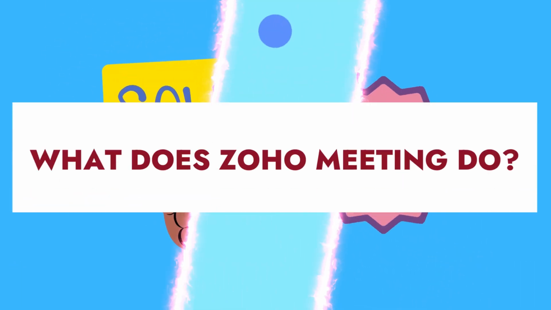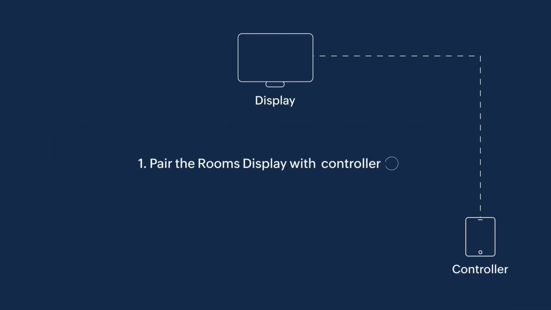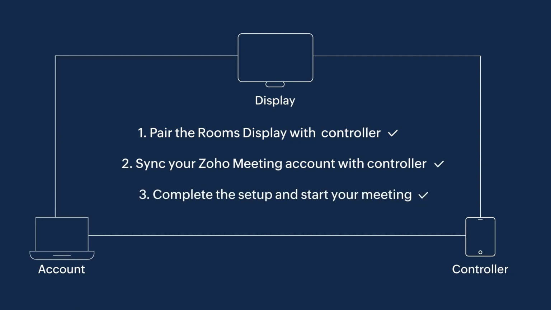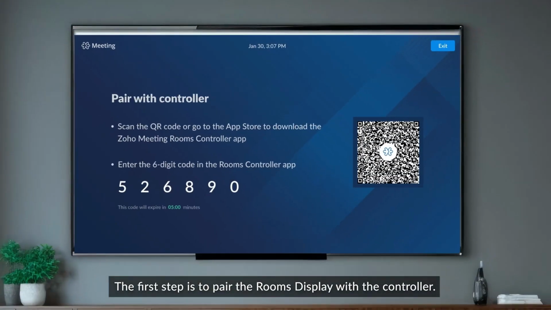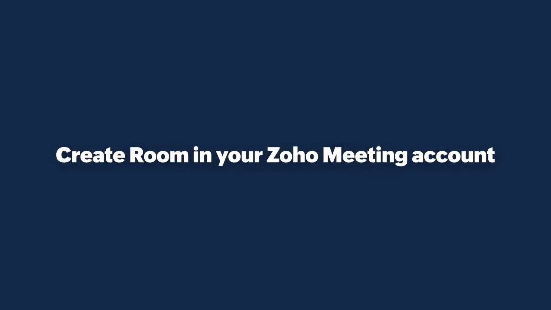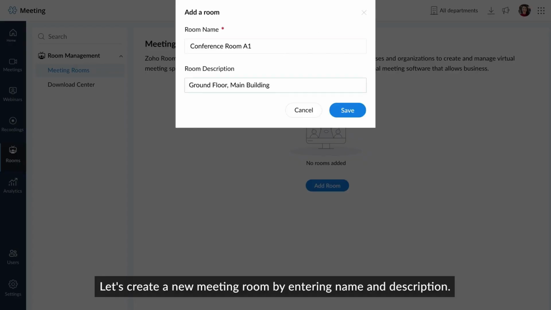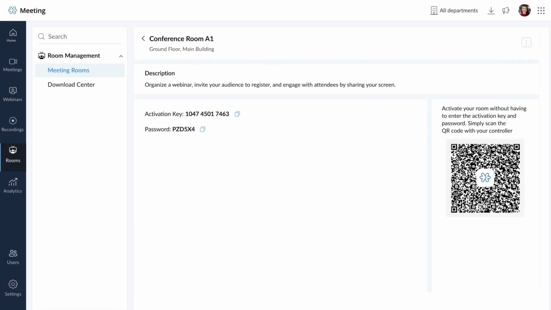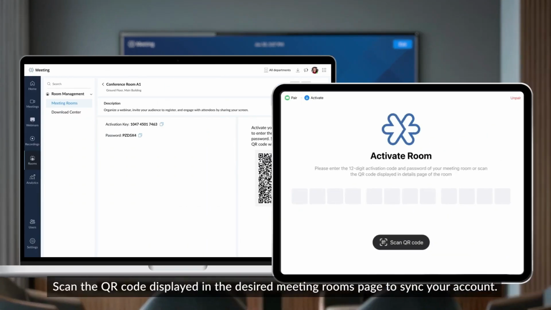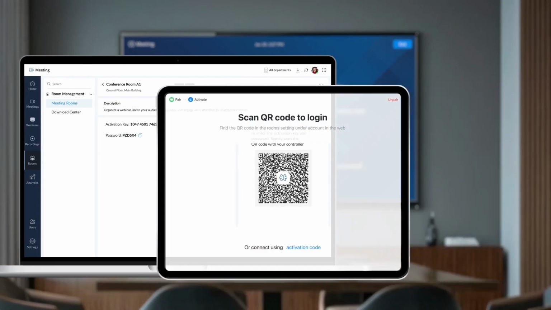What does Zoho Meeting really do? Zoho Meeting is a robust web conferencing tool built to manage business collaboration, from small interactive meetings to large, engaging webinars. Zoho Meeting is a cloud-based audio and video conferencing software, making it possible to connect one-on-one or with hundreds of people at a time. It is intended for businesses with several teams in various locations so that they can interact in real time and